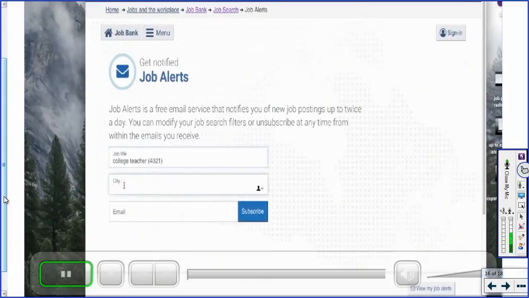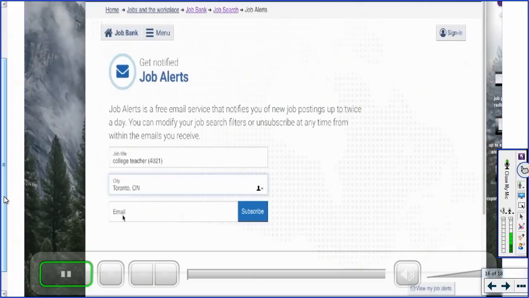And then I can put in a city, and I'll just put in Toronto, Ontario, just because I know this will get me lots of results. And now the next thing to do is to put in your email address and click subscribe. Now, because I've already signed up for an account, I'm already in the system.